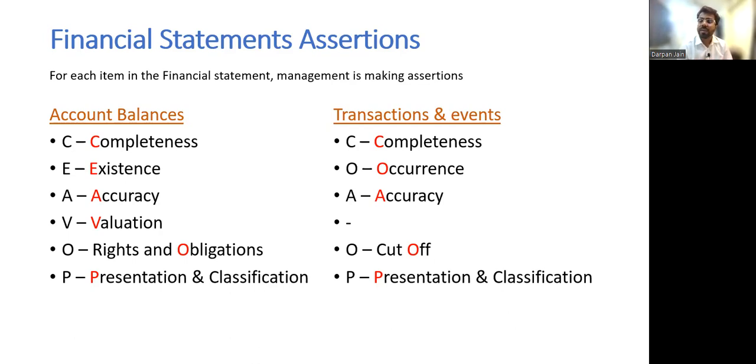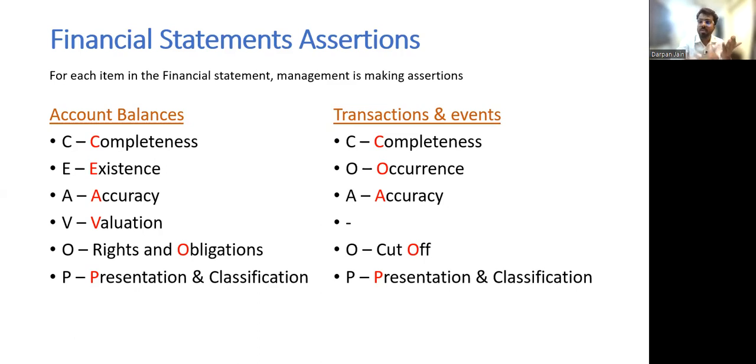How will you do that? By using audit procedures. What are you going to use? You're probably going to inspect the purchase invoices of those plant and machinery. You will check how many purchase invoices are there. Let's say you got 13 invoices. You will check whether all 13 of them have been recorded or not, and whether the amounts of the invoices have been completely recorded or not.